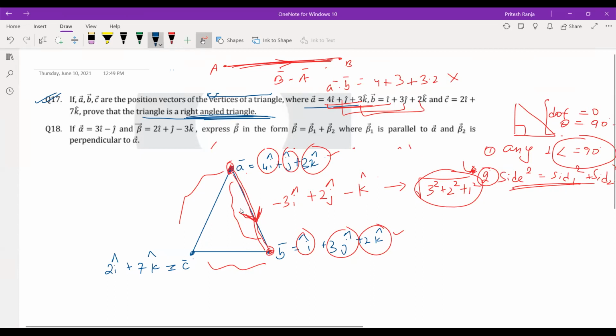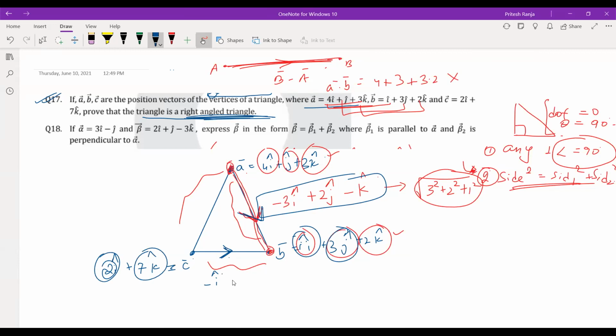Okay, no. First we have to determine the sides like this. So you get one side vector as this one. Another side vector, let us take. So let us say I want this vector. So this vector will be, it was 2i plus 7k, so 2i minus 2i, that will be minus i, 3j minus 7k, 2k minus 7k, that will be minus 5k, and then 3j minus 0j, so that will be plus 3j cap. Similarly, you will find this side also.